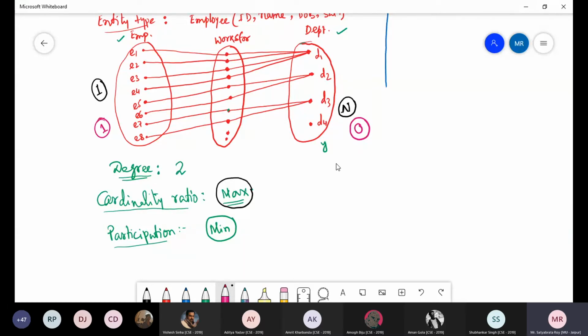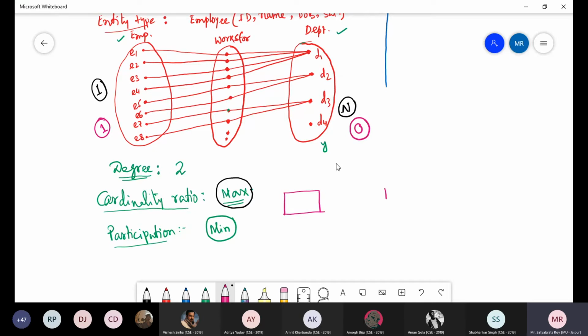So cardinality means the maximum number of count of relations, and participation is the minimum number of count of the relations with which each entity can be associated. Is it clear? Now you cannot represent this type of diagram in the ER diagram that I described yesterday. So that is why there is a convention of representing that.